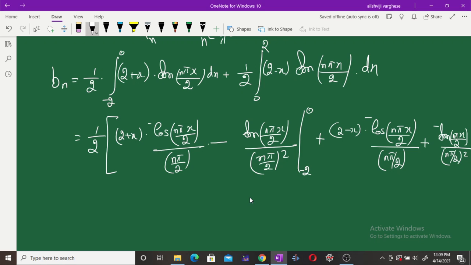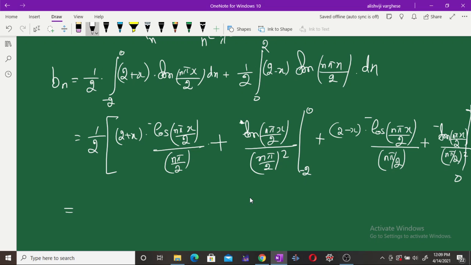There also this minus will come here, and naturally this becomes positive, and this integration is between 0 and 2, and therefore this is equal to